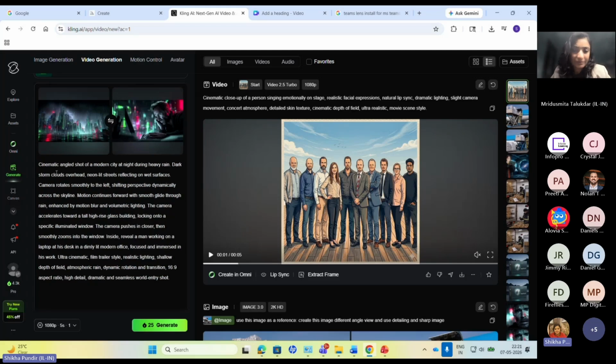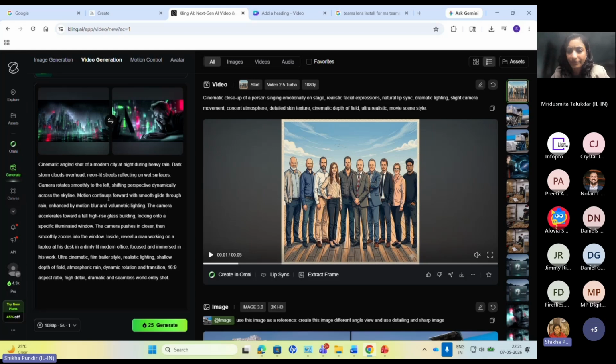My prompt says, cinematic angle shot of a modern city at night during heavy rain, because I was showing rain in this image. Dark storm clouds overhead, neon lit streets reflecting on wet surfaces. Camera rotates smoothly to the left. I've specifically indicated to move towards the left, shifting perspective dynamically across the skyline.